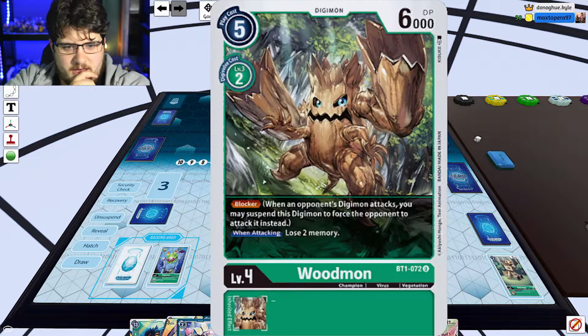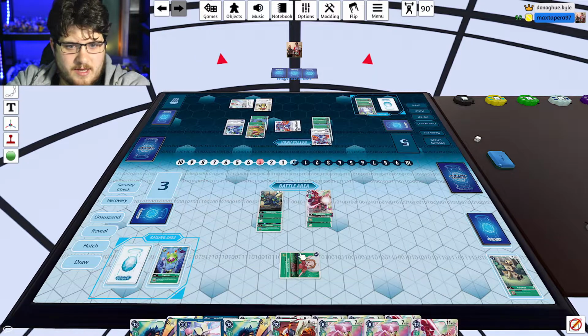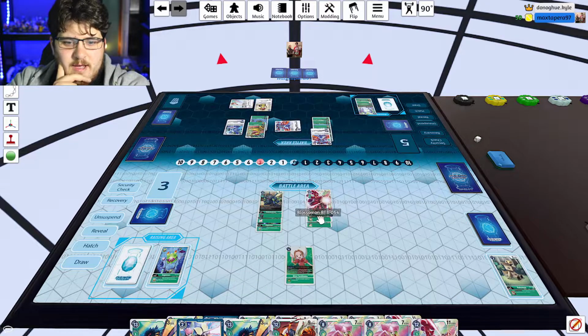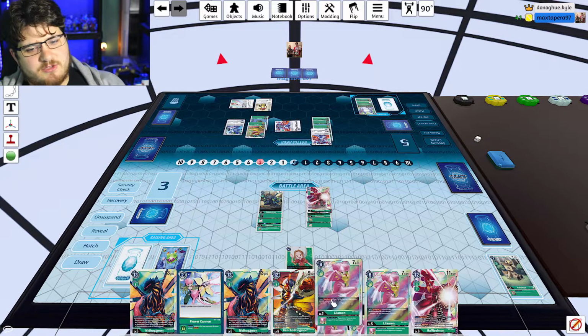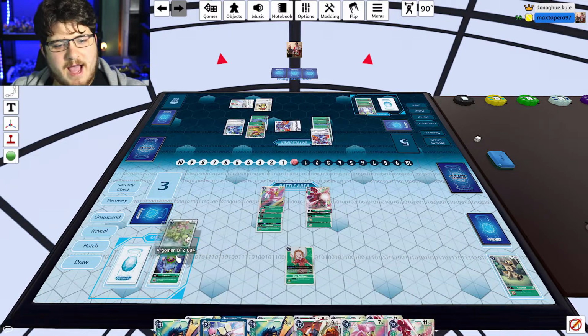Like, I'm thinking about it here. If I do this right, I could just remove two threats, one stone, but I don't think I can do it. Good Digiburst here and then force my opponent not to be able to swing, but I feel like we need to do this afterward. I'm going to go Kabuterimon into Lila, draw me a card. I get a Palmon,